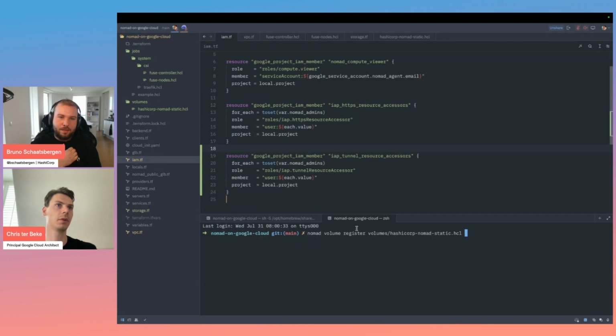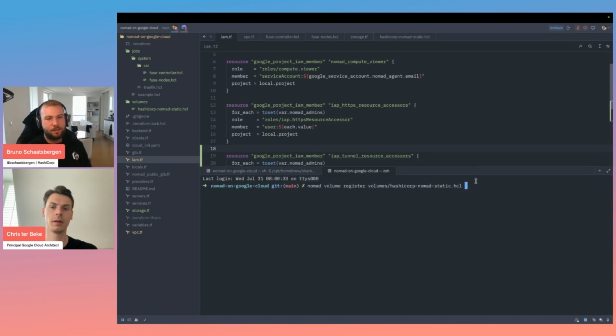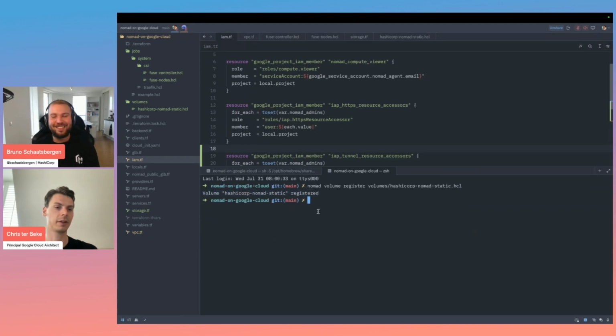Yeah, so by default, Nomad looks at localhost 4646 to execute commands to a cluster. Okay. And since we have the tunnel targeted to that location, it should work. Should be good, right? Yeah. Okay. Let's run it, see what happens. Oh, there we go. Oh, volume nomad static registered. So everything looks good, and we can actually verify this in the admin UI of our cluster,